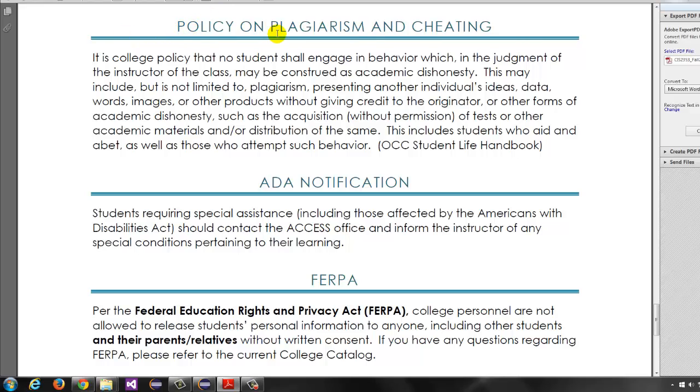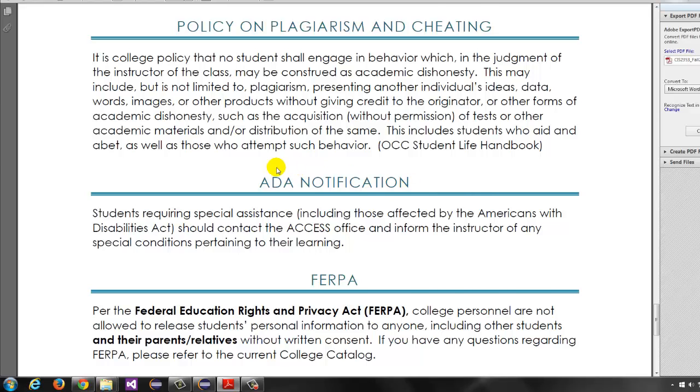Policy on plagiarism and cheating. This is from the OCC Student Life Handbook. I won't read through the whole thing, but basically don't plagiarize and don't cheat. I don't necessarily have any problem with people working together and trying to help each other, but I will know if you both copied one another, if you're 2 or 3 in a group. I said both, but if anyone copied among themselves, I can find out pretty easily because at this level of programming, you should be able to do most of what you have yourself unless I designate it as a group